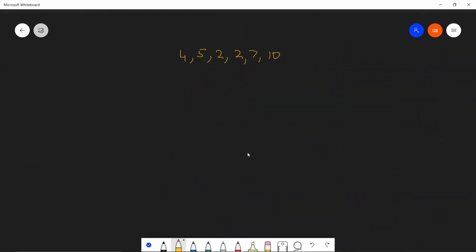Perfect. Let's say that we are considering this range over here, 2 to 7, right? So this is one query, and let's say we have m such queries that we need to perform. Basically, this m is the length of the queries list that we have. And one query is such that L is equal to 2 and R is equal to the end, which is 0, 1, 2, 3, 4, 5. Right? We are considering this range.